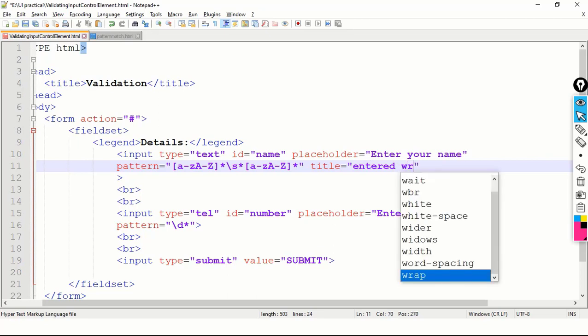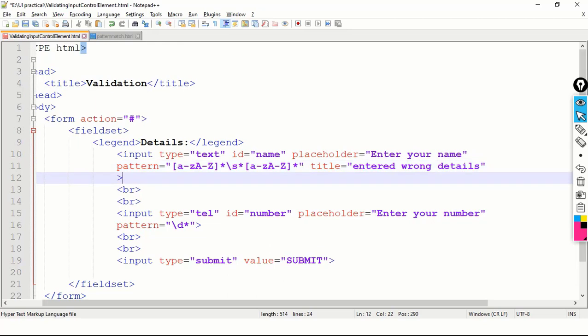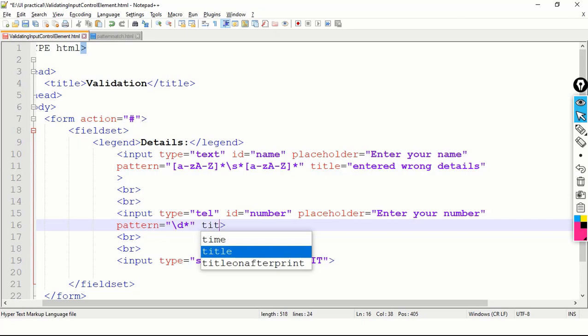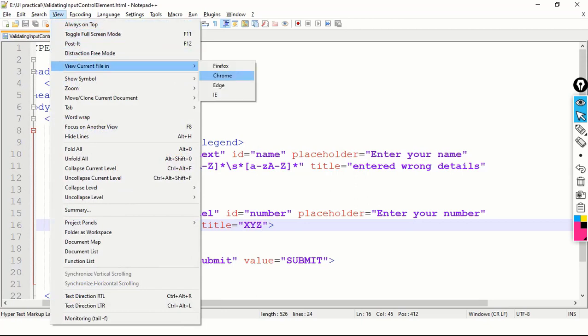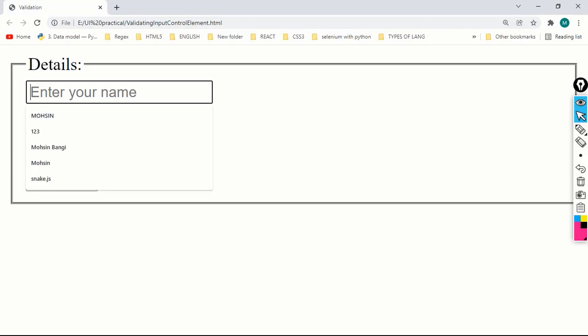Entered wrong details. See, here title and here title, I'm taking XYZ. Let's take XYZ just for understanding purpose. Save the code. Let me open it in a new tab.